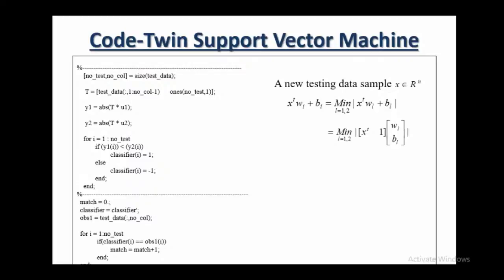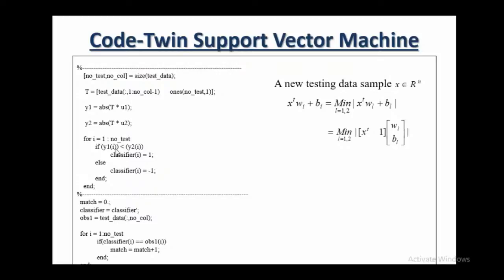So y1 is something, but you have to find out the absolute distance. So you will get it from the test sample for y1, and for y2 you will get it similarly. Okay. And once we have this y1 and y2, you just compare the values. Ultimately, whichever is the minimum, you assign that class label. So if y1 is the minimum, the class label will be 1. If y2 is minimum, the class will be -1.